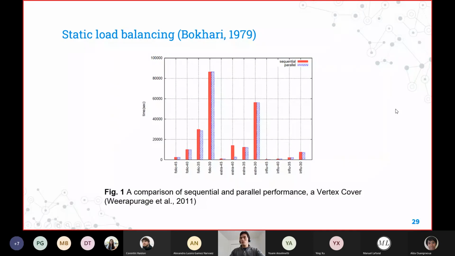And I'm going to talk about this author, Wira Piresh, of 2011, in a few slides. But in order to present their idea, they also compared with this static load balancing, and they demonstrated that we don't usually get relevant improvement with this, basically almost nothing at all. The red bar represents the sequential solution, this is execution time in seconds. The blue one represents the parallel solution. As we see here, we don't actually get any speedup at all.